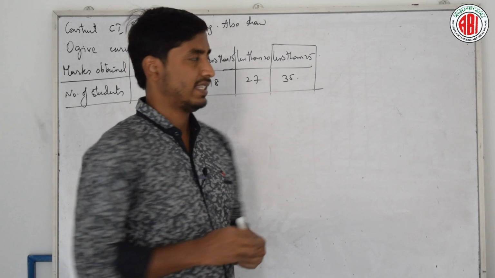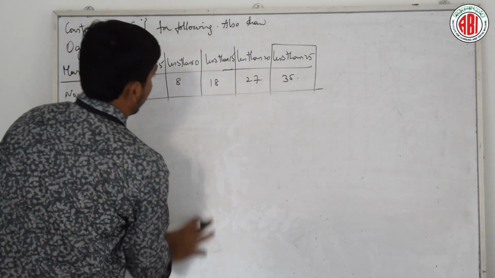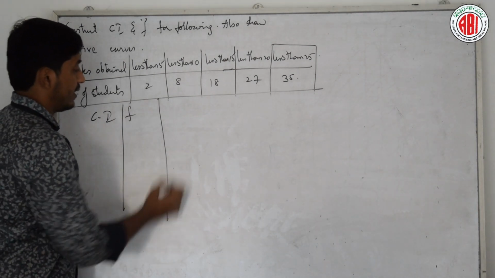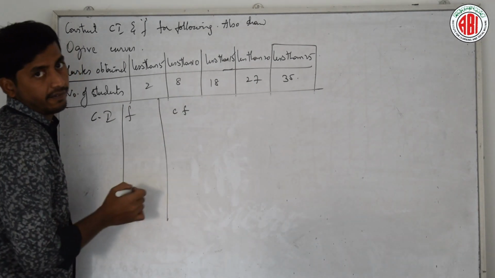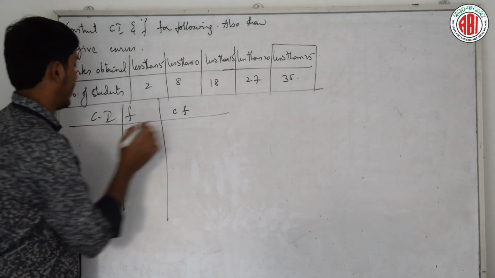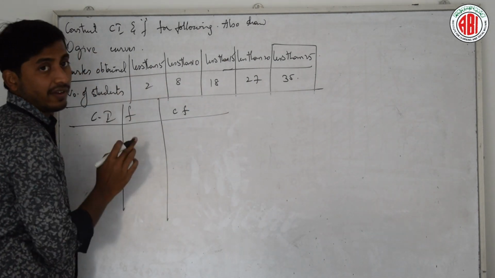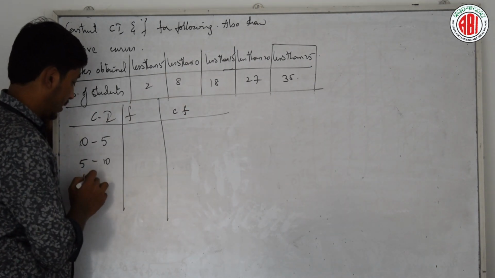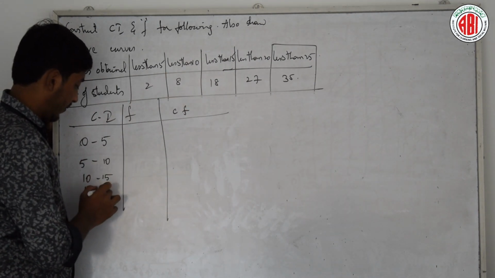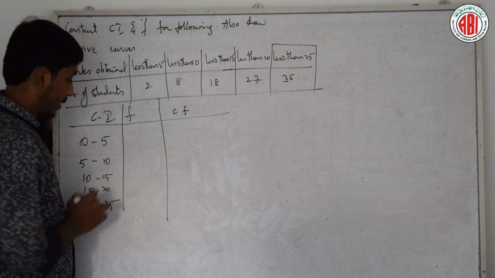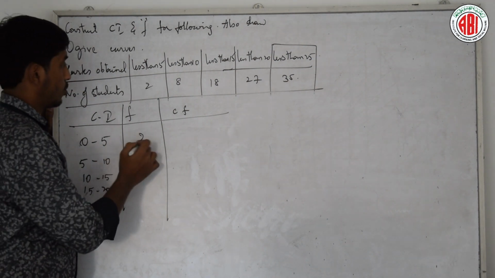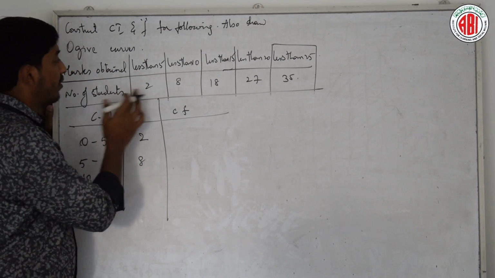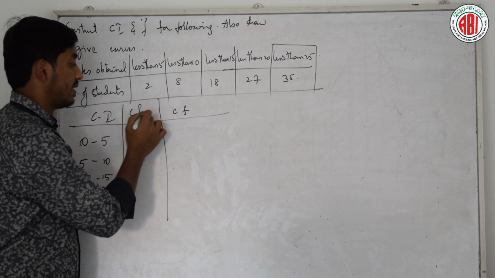Shall we do? See here. Before that, we have to draw the table, that is class interval, frequency, CF. Okay, what is class interval here? Less than 5, let us take from 0 to 5, and the next 5 to 10, 10 to 15, 15 to 20, 20 to 25. Clear? 2, 8. Okay, here they gave number of students, it is increasing, therefore this is the class, this is